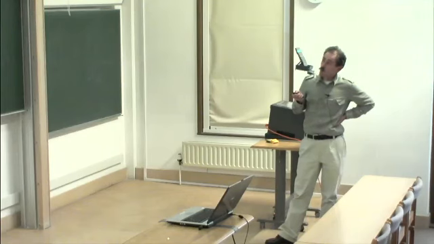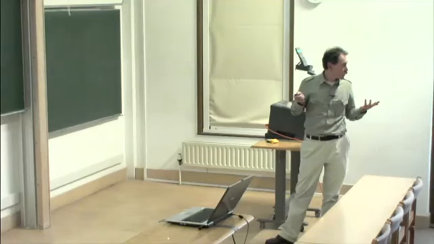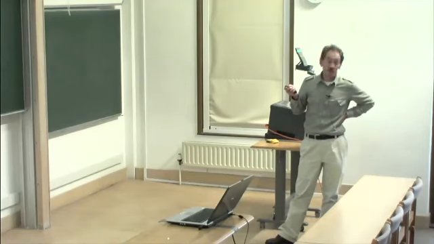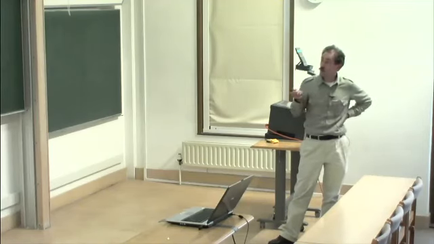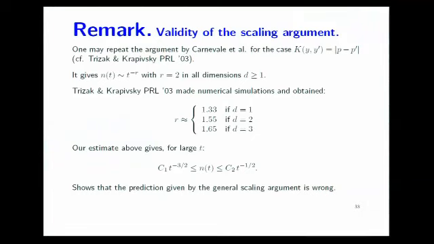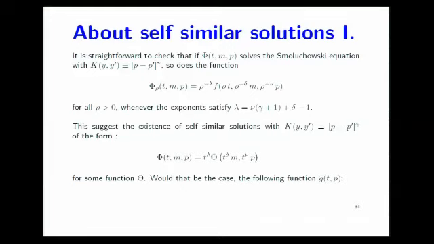So we can repeat the very general scaling argument if you take the kernel p minus p prime. It's not very difficult. That was done by Trzak and Krapivsky. The argument gives in that case that the density of the particle should go like t to the minus 2 in any dimension. So Trzak and Krapivsky did some numerics, and the numerics do not confirm that behavior. The estimates,